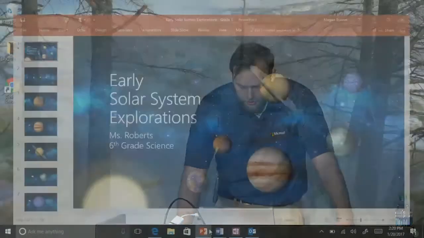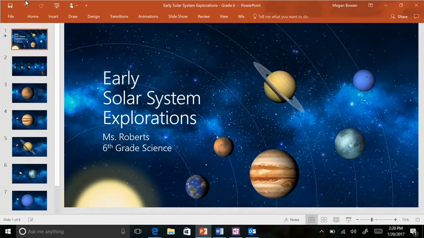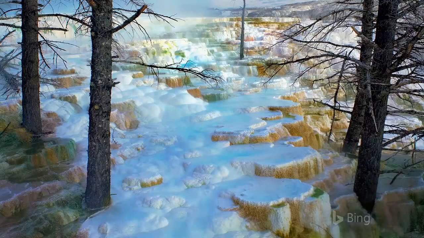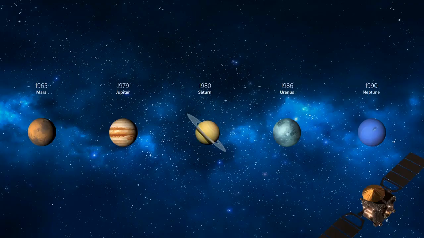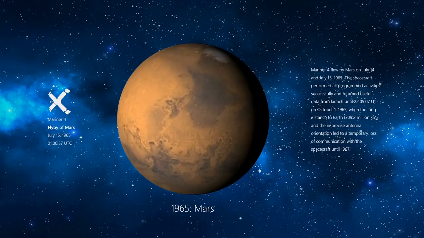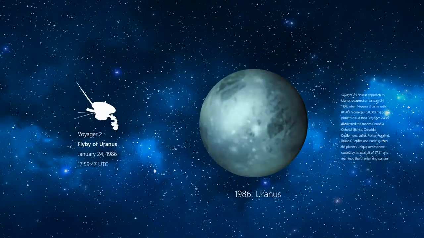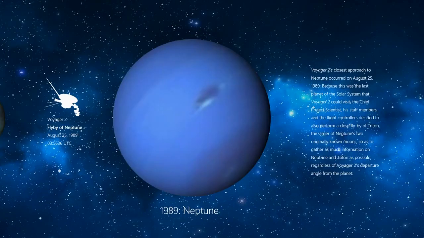So next we'll look at this early solar system slideshow here. We'll go ahead and launch it. What we want to do is go through the different planets. This is a typical way to do it: next slide, next slide, next slide, next slide. That's a traditional way of doing PowerPoints, right? You have to go to the next slide.